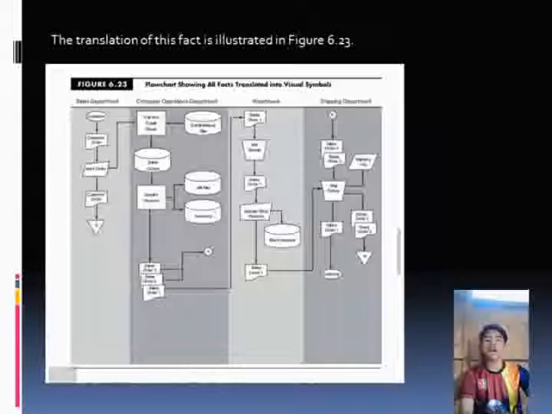Fact 5 states that the warehouse clerk updates the stock records in the department PC and then sends the physical inventory and copy 1 to the shipping department. Notice on figure 6.23 how this computer activity is represented. The warehouse PC is a standalone computer system that is not networked into the computer operations department like the terminal in the sales department. The PC, the stock record updates program, and the stock records themselves are all physically located in the warehouse. As with manual procedures,